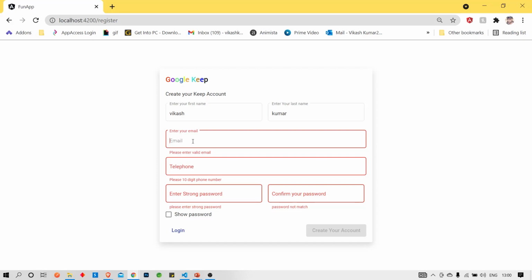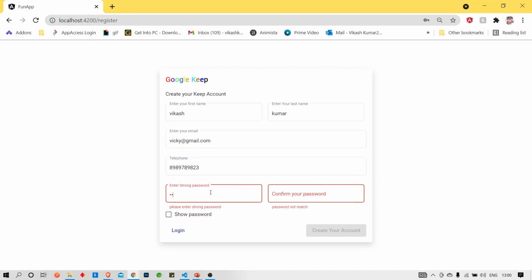So I will give it this way. And we give a 10-digit number, or else it will throw an error for us. Then I have given the password 123456, and if I give an incorrect password, it will also not accept it.